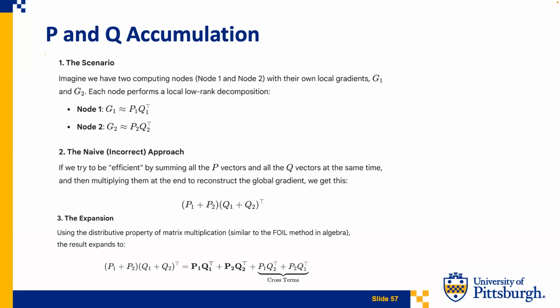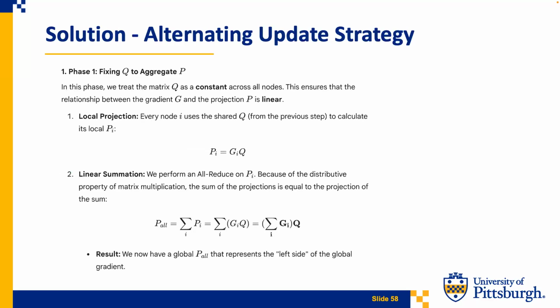Then G1 and G2 are factorized into Q times P1 and Q times P2. Does that make sense? So each node uses a shared Q. G1 gives P1, G2 gives P2, but Q is always the same. Therefore, these two nodes only send the P's over, and they share the same Q. Because the Q is the same, you're just adding the P's together, and that's going to give you the